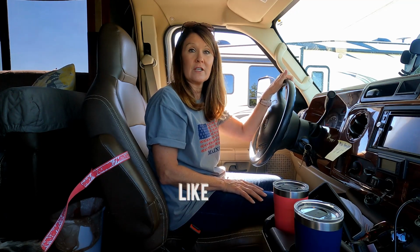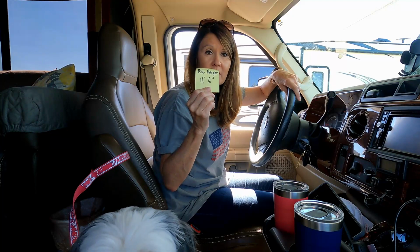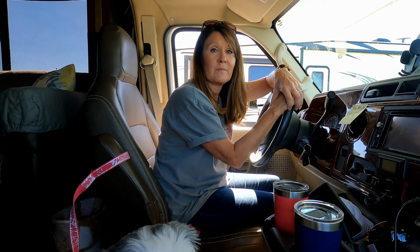One thing you need to know for sure when you're driving down the road is the height of your rig. It's really important, guys. We've come up with this fancy dancy way to keep track of it. We have a yellow post-it note. We keep it stuck right here on the dash, not in sight of anything, but it tells me the height